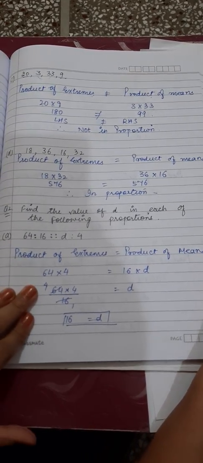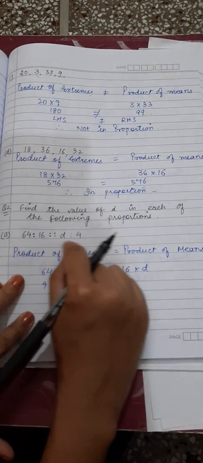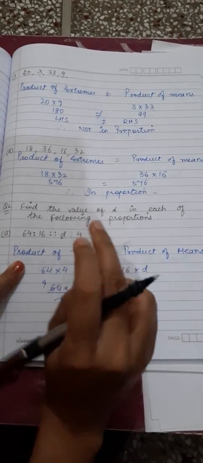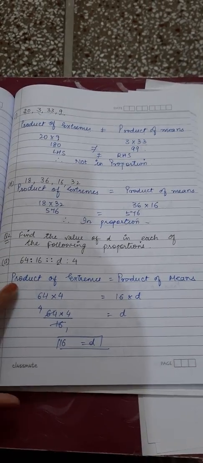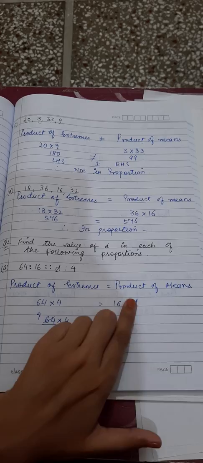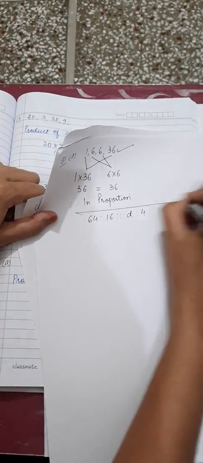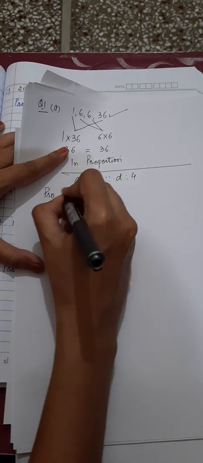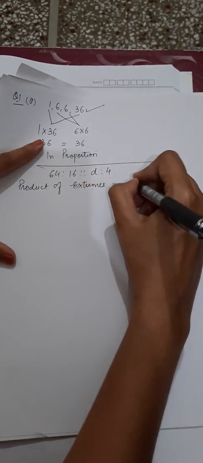Now in question number 2, it is already given that these numbers are in proportion. You have to find the value of D. When they are already in proportion, the formula is product of extremes equals product of means. Now, 64 is to 16 as D is to 4. This is the question. Since they are already in proportion, I'm going to write the formula of proportion: product of extremes equals to product of